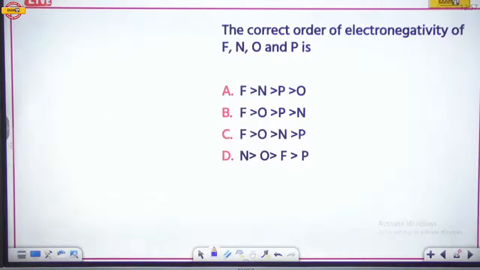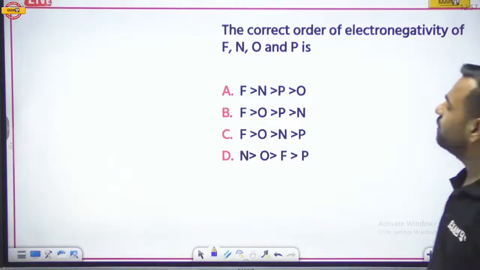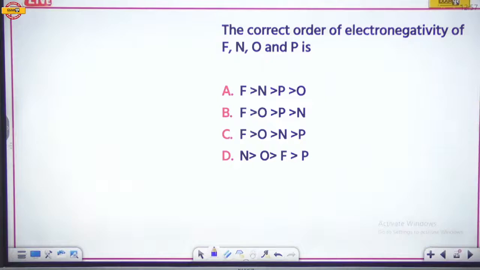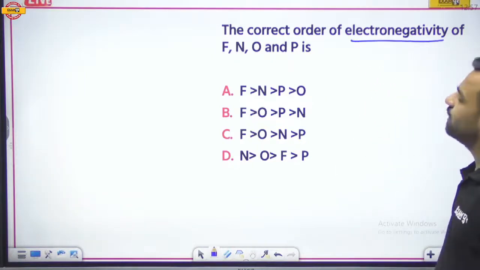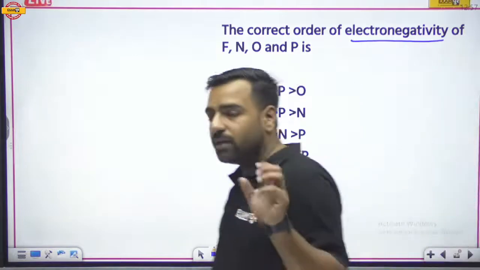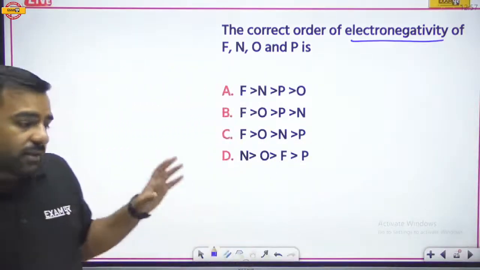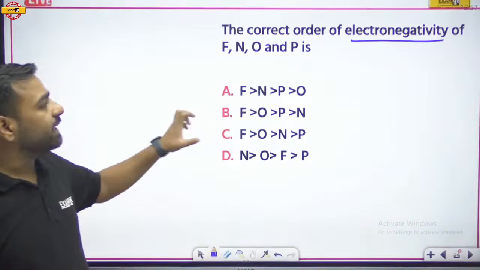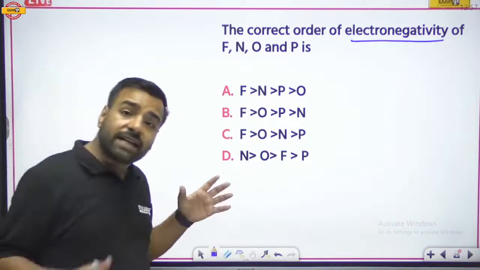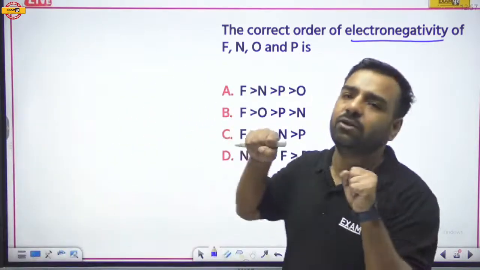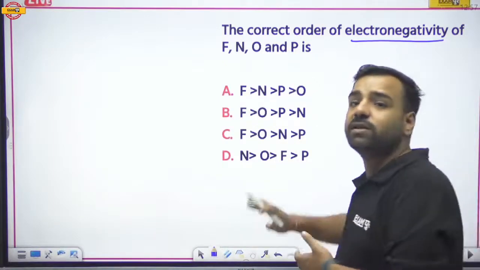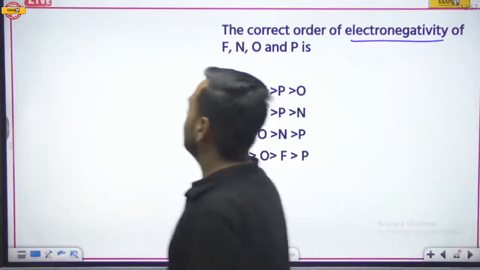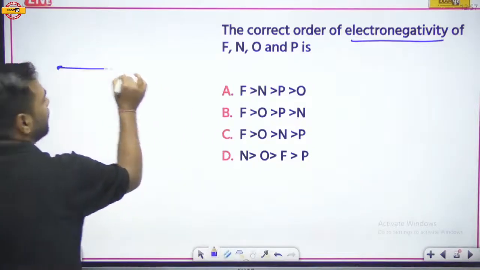Next. Now talking about the correct order of electronegativity of F, N, O, P. Let's see. Can you answer this? What is the correct order of electronegativity? What is electronegativity? Here the atoms are actually requiring electrons. So the tendency of needing or gaining the electron, where will it become maximum? Obviously towards the non-metals. That is, if I try to go from left to right,